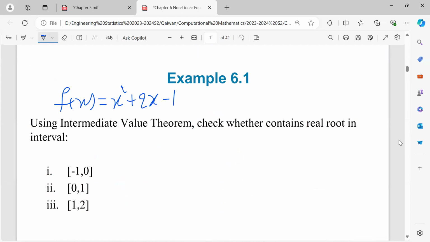It says use the intermediate value theorem. Check whether the equation contains a real root in the interval or not. This is the equation, and it is given in the solutions. It says use the intermediate value theorem to check if this function has a root in each of these intervals or not. For the first one,